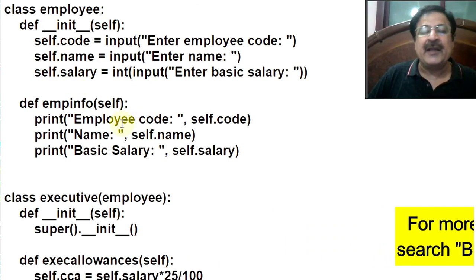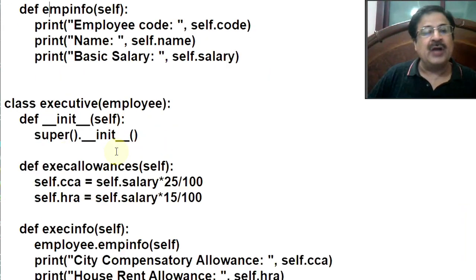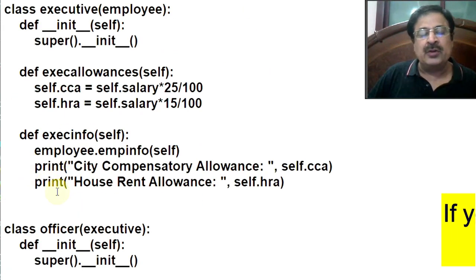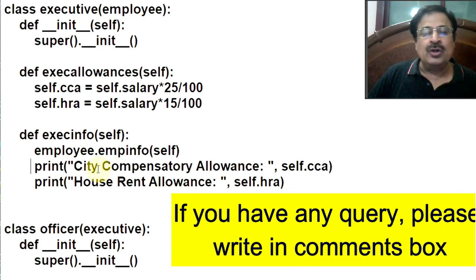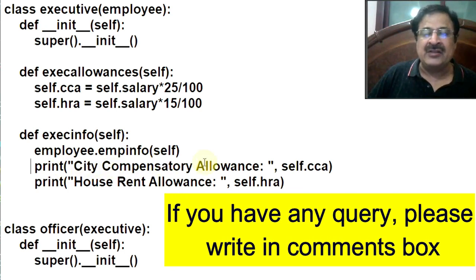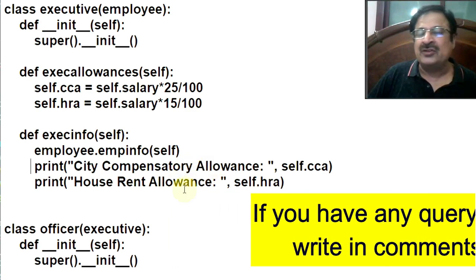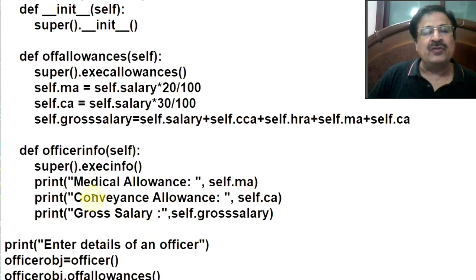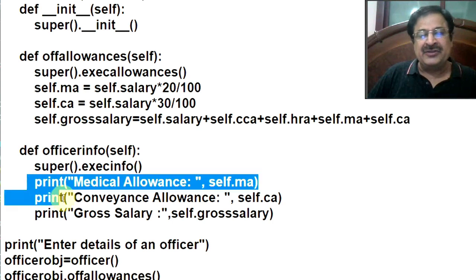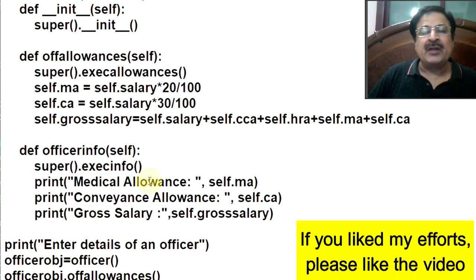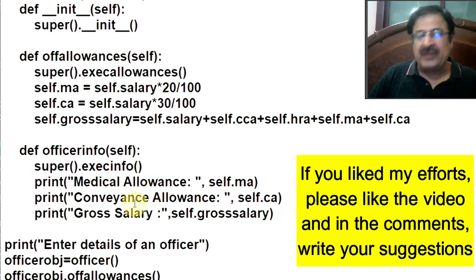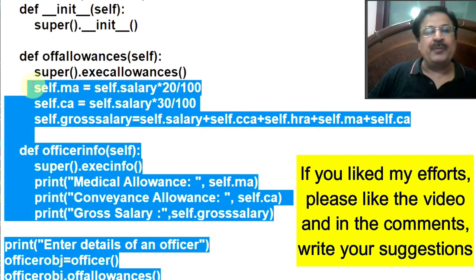It will display code, name and salary on the screen. After that, control will jump over here to execute these two print statements. So city compensatory allowance, that is CCA, and house rent allowance, both will be displayed on the screen. After that, the control will come over here and these print statements will be executed, displaying the medical allowance, conveyance allowance and gross salary. So let us copy this program